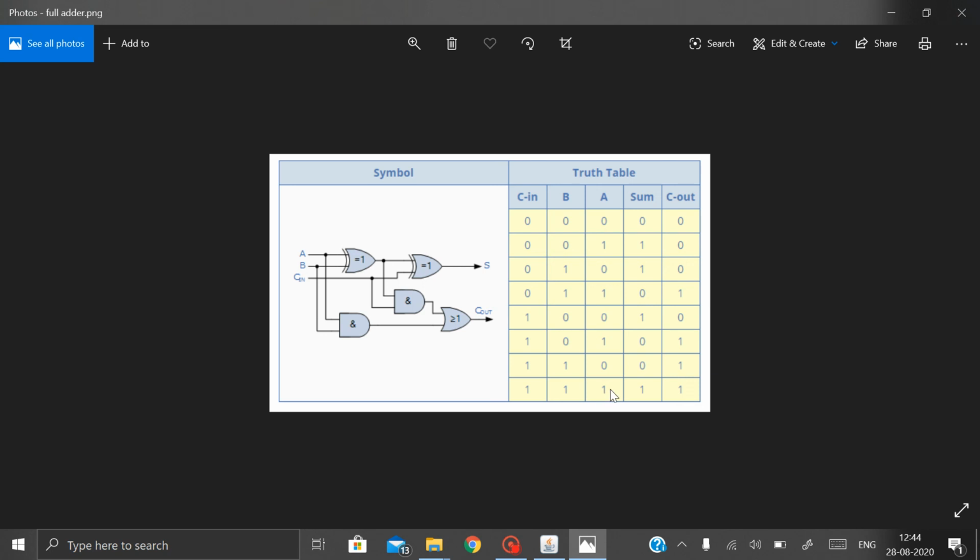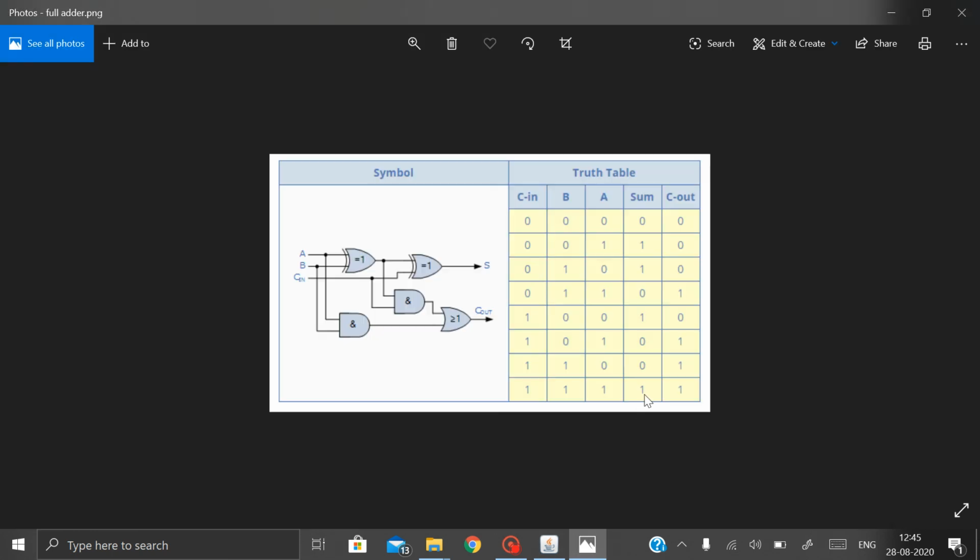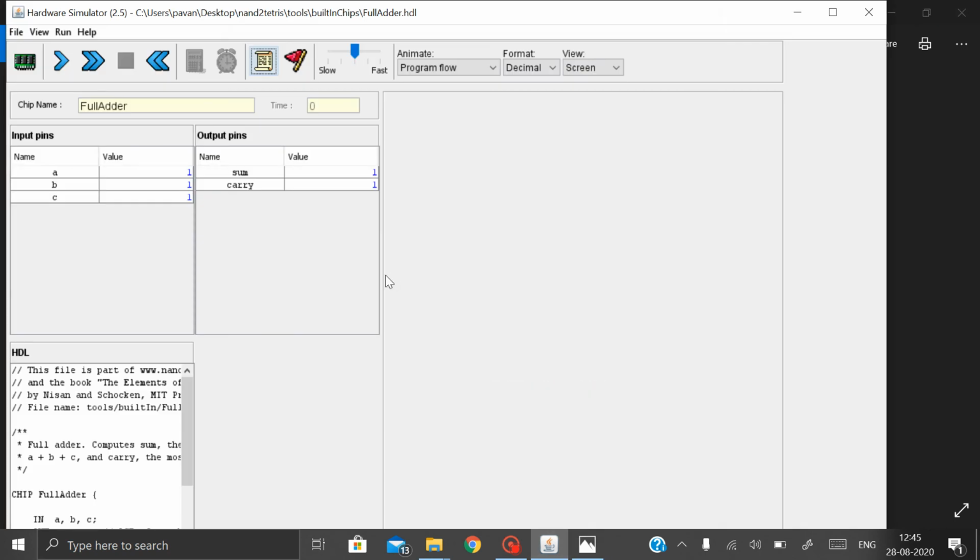Let us try the last one. We'll take all inputs as 1 and check the output. It must be 1 for both sum and carry output. Let us take carry input also as 1. Now you can see here sum also 1 and carry also 1. I'll show once again: sum 1, carry output also 1. Now you'll get this, right?